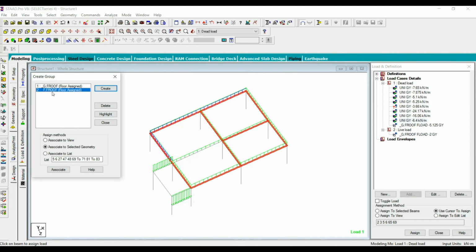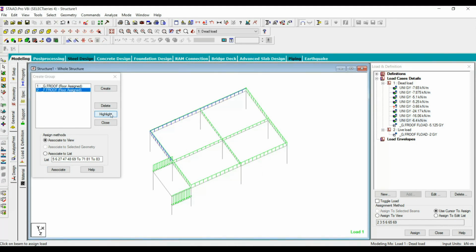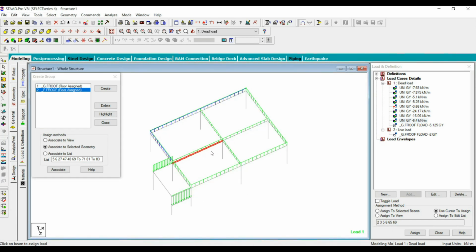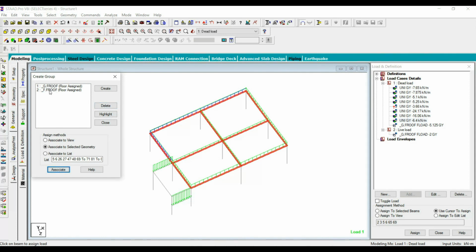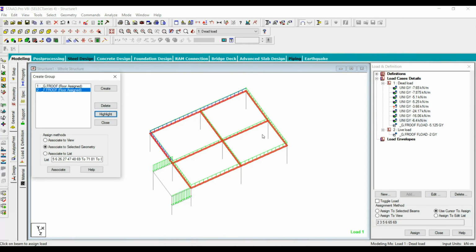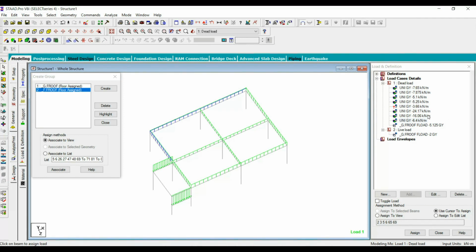Now you can see, if you go to this first floor roof and highlight, it highlights whatever slabs. Oh sorry, this one has been left out, right? So we need to assign it again. Give associate. Now go to first floor roof and give highlight, it will highlight whatever slabs we have selected. So now let's assign the load.